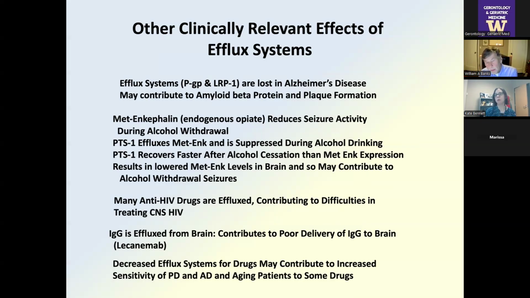Not all opiate peptides have the same portfolio, and this one seems to have a lot of anti-seizure activity. It can be used if you have a seizing animal who's seizing because they've been withdrawn from alcohol. You inject enkephalin in the brain, they stop seizing. Likewise, it seems that alcohol suppresses the production of metenkephalin and therefore may make them more susceptible to seizures. There's a transport system, an efflux system, PTS1, that gets rid of metenkephalin from the brain, and that is also suppressed when animals are alcoholic. So that's good news. Make less metenkephalin, but you're pumping it out less fast.